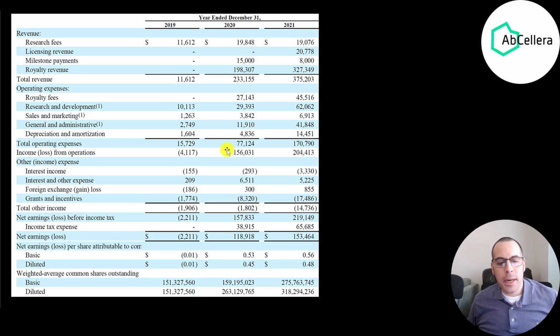So their operating income went from negative 4 million to 204 million. Last year they received 8 million of grants. This year was 17 million. So their net income was 153 million. Even though their net income was a lot higher in 2021 compared to 2020,